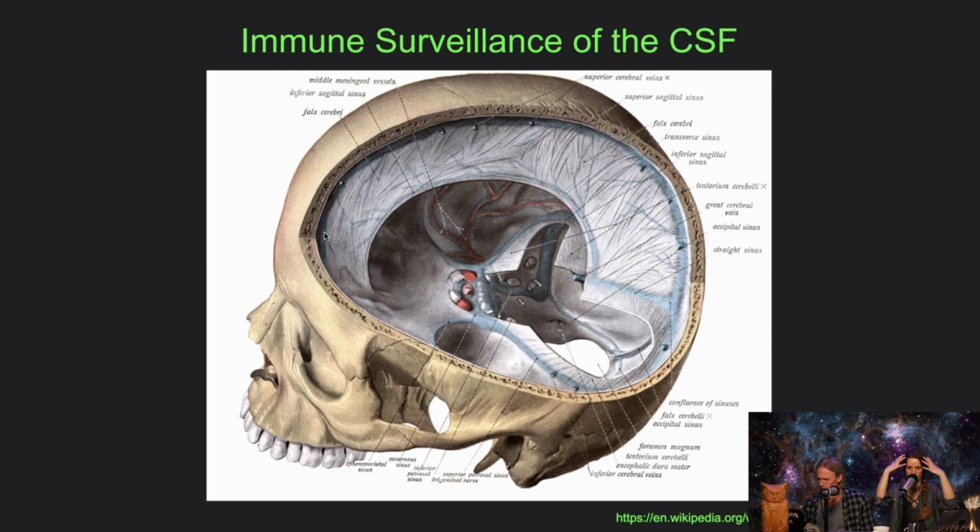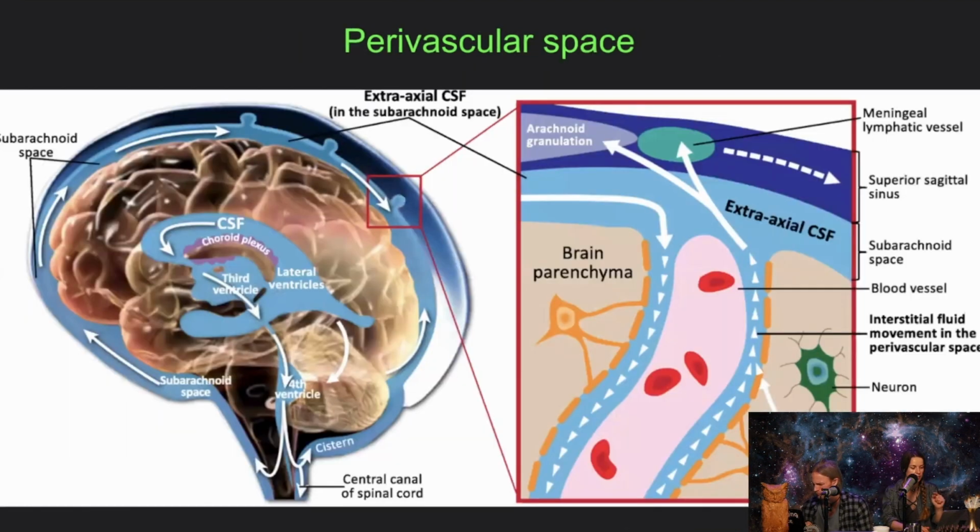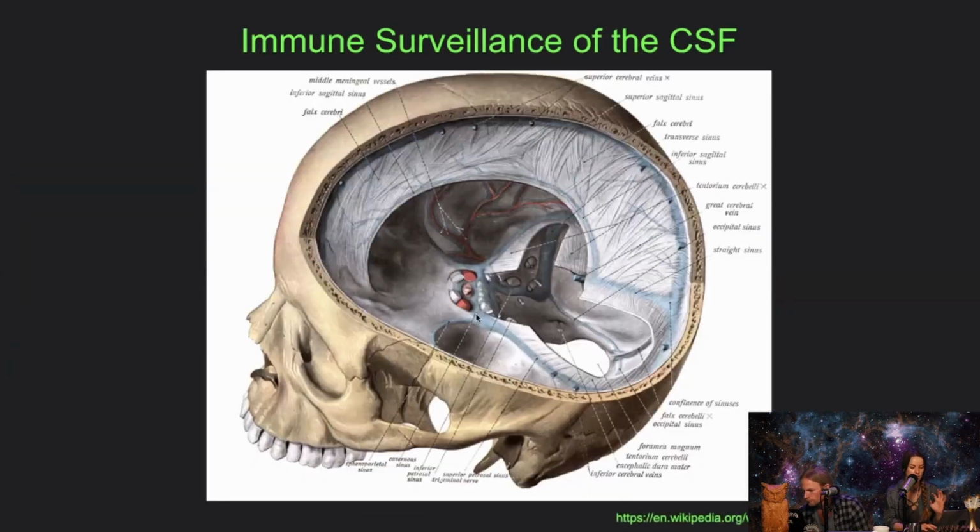brain. It runs through the entire brain surface, and it is distinct from the subarachnoid space, because the subarachnoid space is basically this cushiony fluid that's everywhere. But inside of the skull, up against the bone, there's basically a vessel. It's called the dural sinus, and it contains both blood and cerebrospinal fluid,